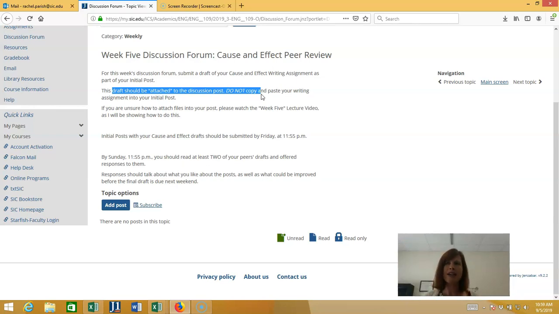It's just a mess. Don't do it. If you copy and paste into this forum, I'm going to take points off, because I'm telling you right now, and it says right here, don't do it. Okay, that's just a good rule of thumb. Attach your file, because that way the formatting stays and it's much more editable than if you just copy